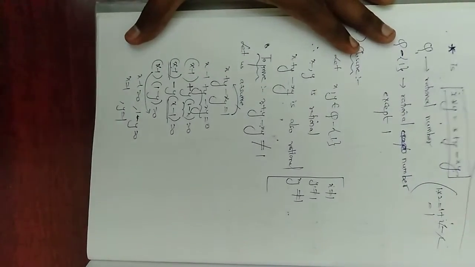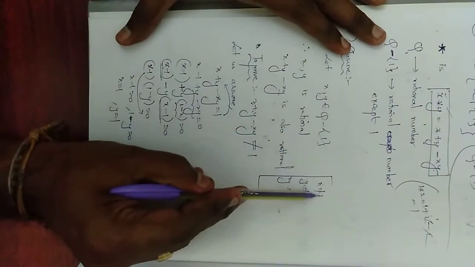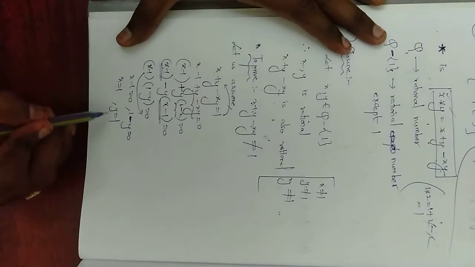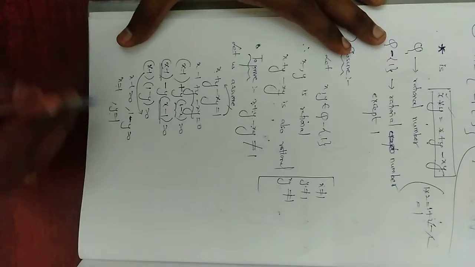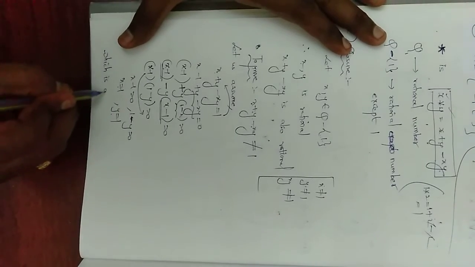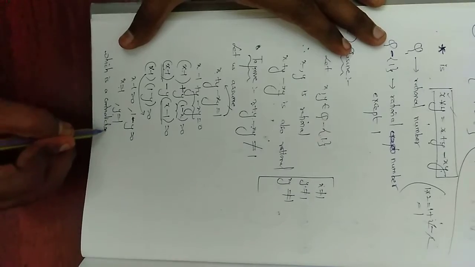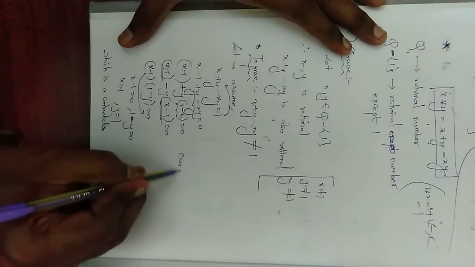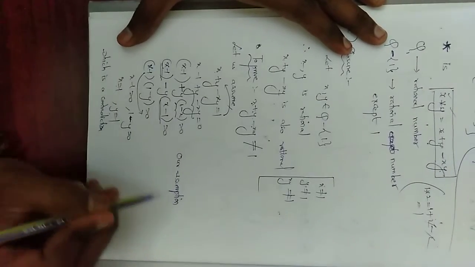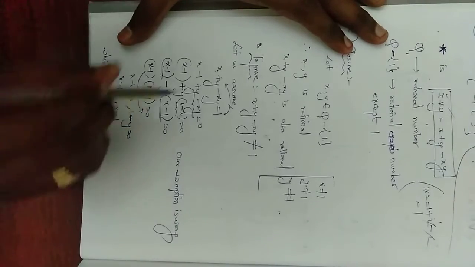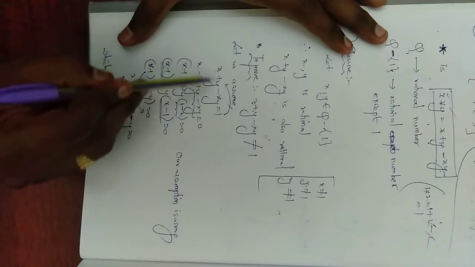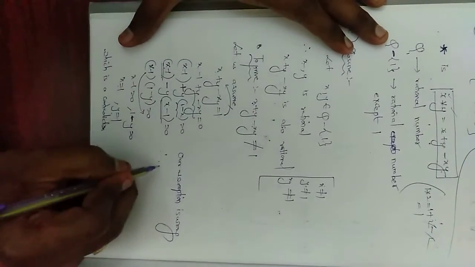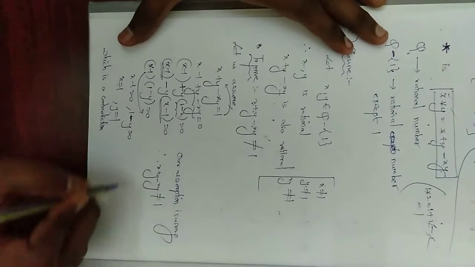See, this answer should not come. The x and y should not be equal to 1. Suppose I take x plus y minus xy is equal to 1, I get x is equal to 1, y is equal to 1. This is our contradiction. Therefore, our assumption is wrong. What we assumed, that x plus y minus xy equal to 1, is wrong. Therefore, since our assumption is wrong, this will be correct. Therefore, x plus y minus xy is not equal to 1.